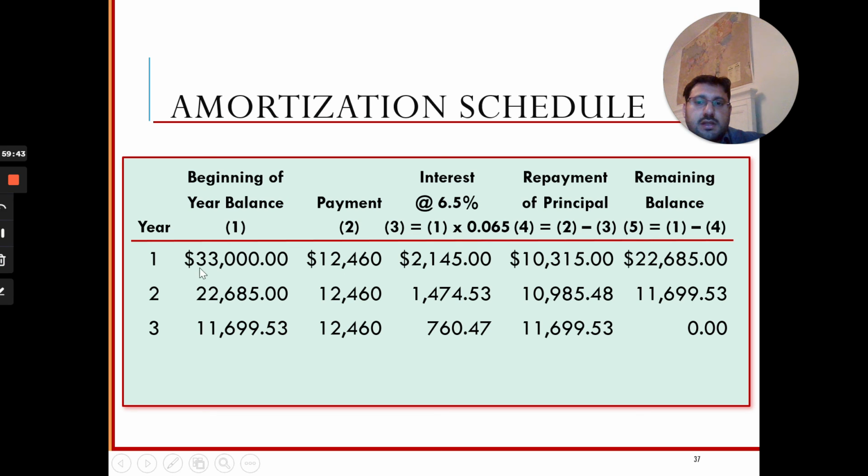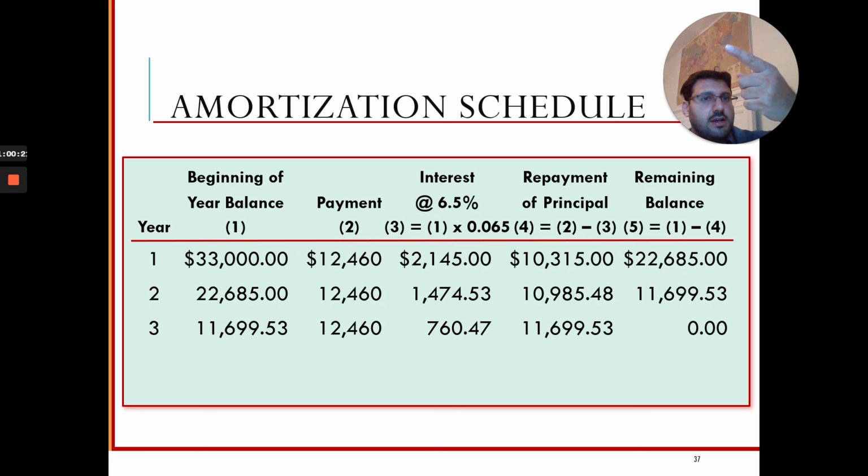So at the beginning you borrowed 33,000, right? We already calculated the equal payment. These three equal payments won't change. Now, what is the interest rate? 6.5%. So calculate 6.5% of 33,000. You'll get 2,145. This 2,145 needs to be subtracted from this 12,460. So out of the 12,460 payment, which happened at the end of the first year, 2,145 was the interest, and the rest, 10,315, was my